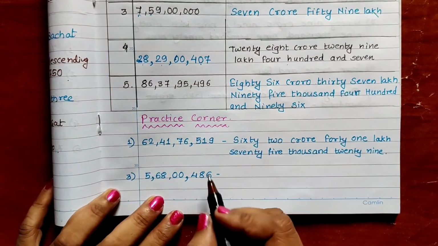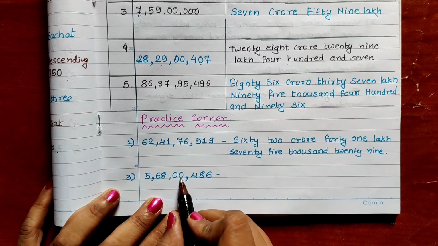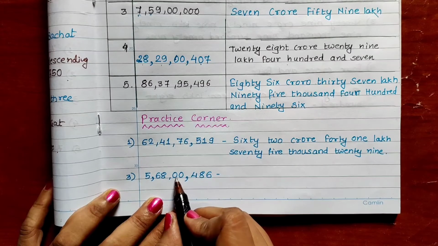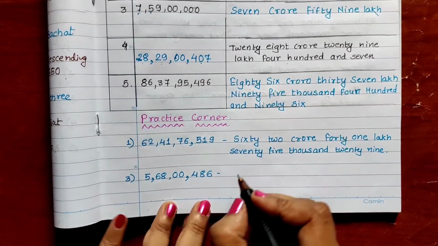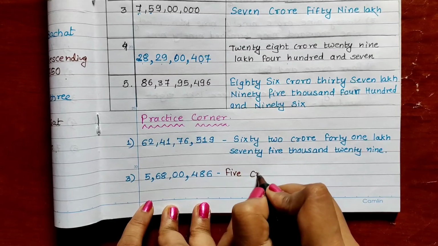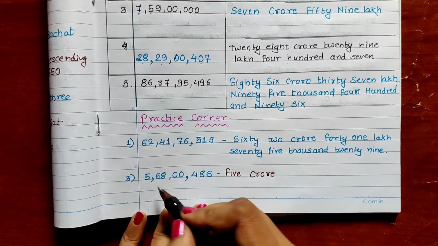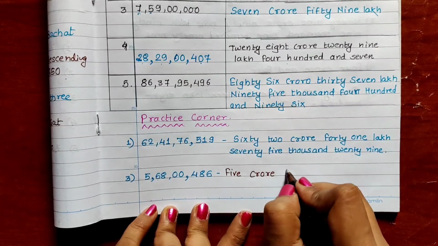How many digits? Let us count from the unit place: unit, tens, hundred, thousand, ten thousand, lakh, ten lakh, and crore. So that is 5 crore. After crore, what is there? 6 and 8 together make lakh: 68